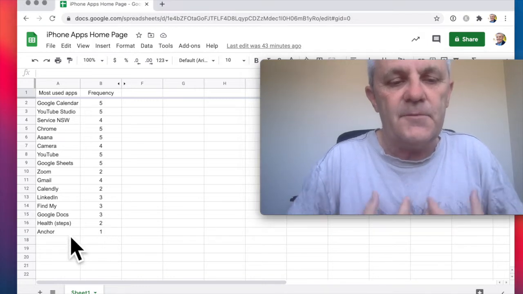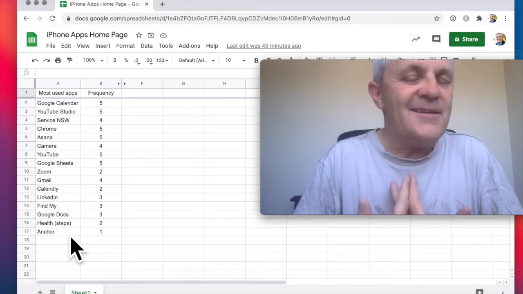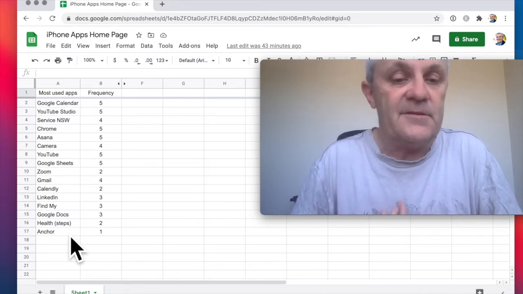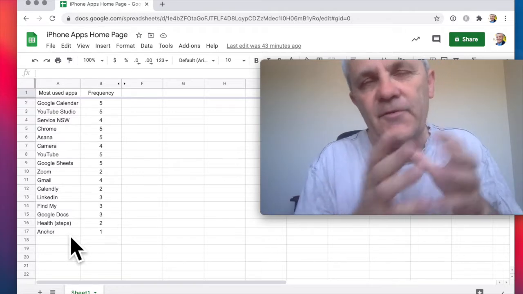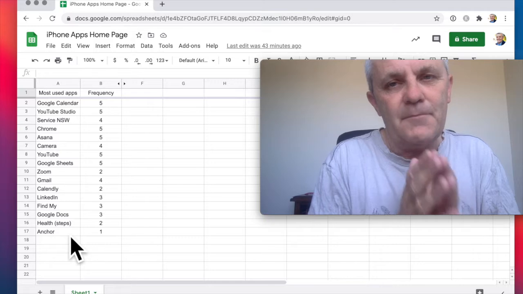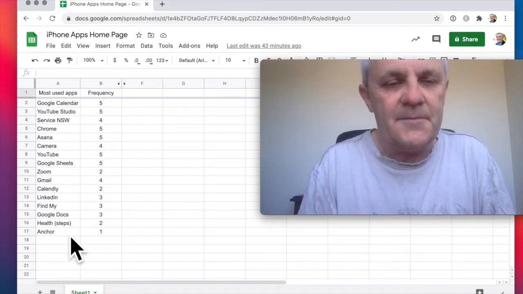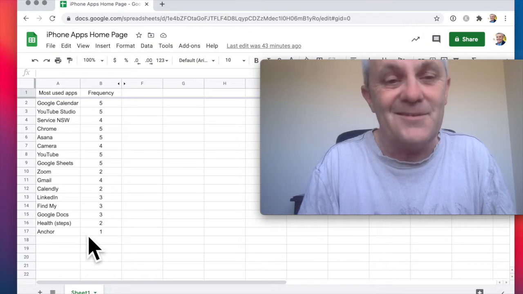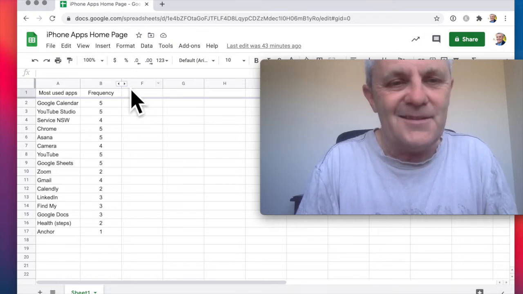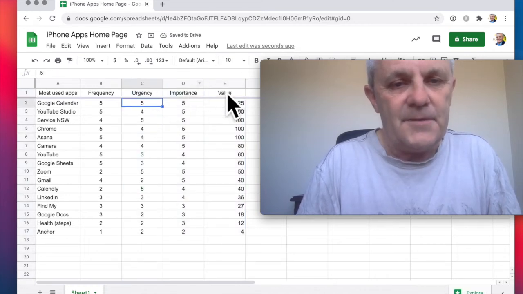So Anchor is for me to create a podcast. Do I need to have that on my mobile phone, or could I just use it on the laptop? If I've got a backup, if I've got another way that I can access this, then maybe my mobile phone is going to be used really for premium access. So it scores a 1 in terms of frequency. But frequency isn't the only thing. I also wanted to get the urgency. I'll speak about these two in a moment.